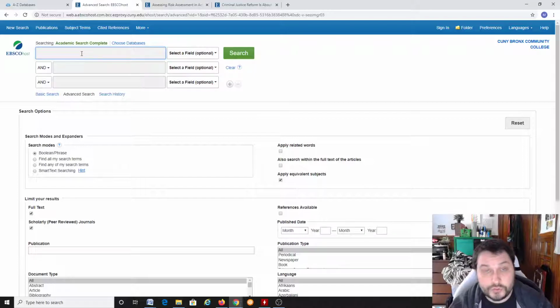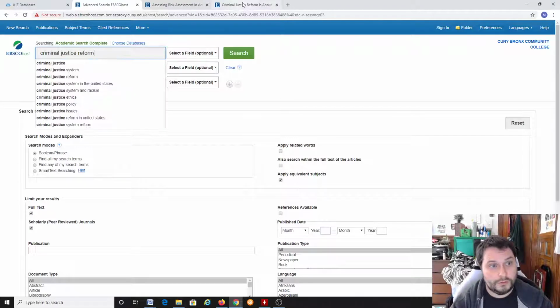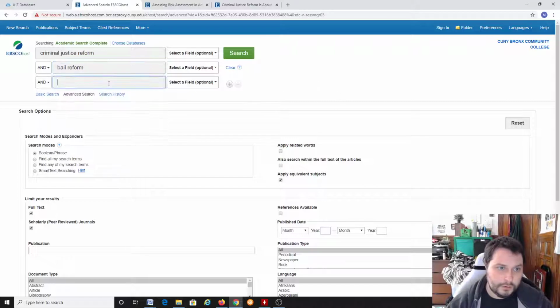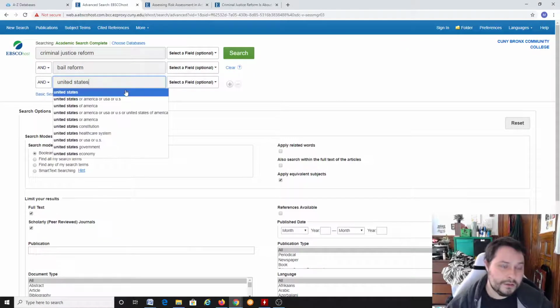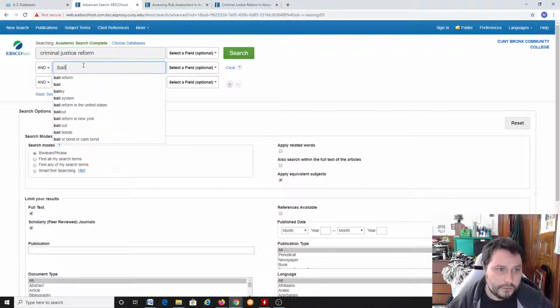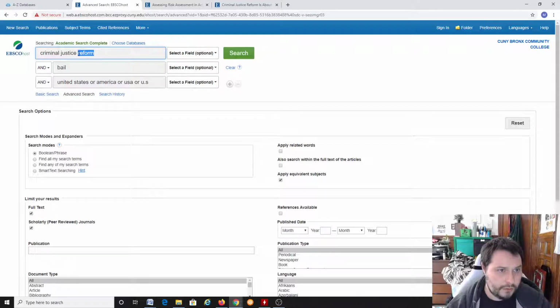The last thing I'm going to do is talk about fiddling with search terms, where you move them around and mess with them. So before, I believe my search terms were criminal justice reform, bail reform, and United States. So what I'm going to do here is use this variable approach where multiple terms will be used. Instead of bail reform, I'll just use bail, and I'm just going to do criminal justice. And